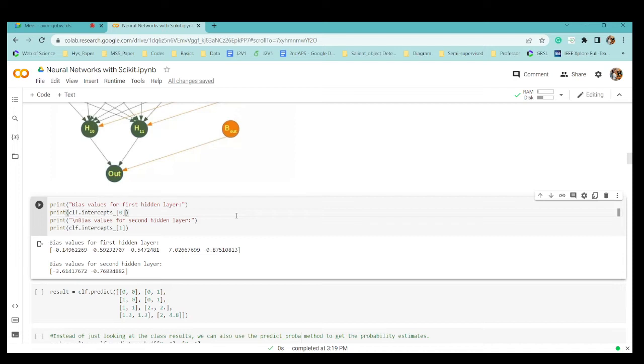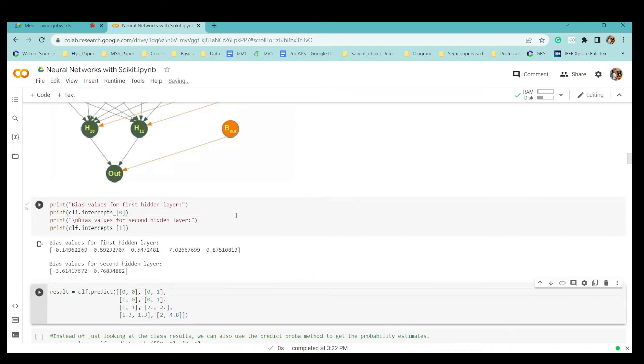We have termed these intercepts. It's like a straight line, y equals mx plus c, where m is the coefficient or slope and c is the intercept. Similarly, the w values are called coefficients, and the b values, the biases, are called intercepts.